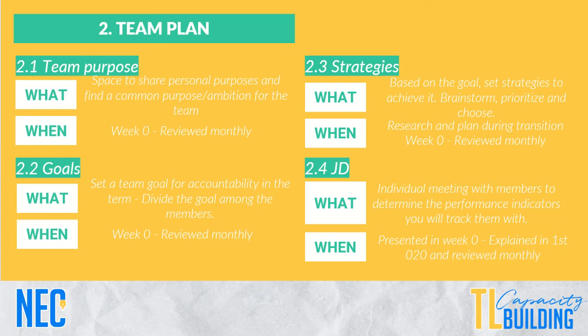do it in just one meeting. In the first meeting, you can go ahead and do all of this. So in the team purpose, okay, what does this mean? It means setting the personal purposes and the common purpose for the whole team. What is the ambition? What is the thing that you want to achieve as a team? Cool. So this can be a goal or an ambition, like growth, for instance. This can be an ambition and a team purpose. Or becoming the best team in Isaac in Morocco. This can be an ambition. So when will this happen? In the very first meeting, and you can review it monthly.